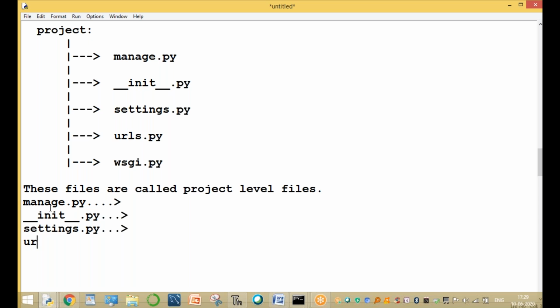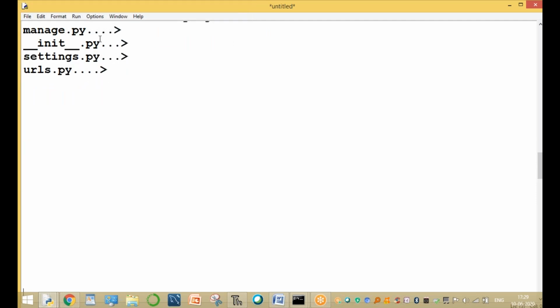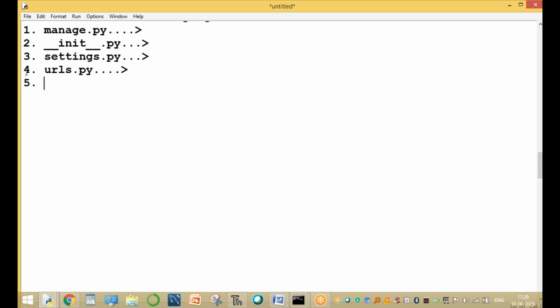What is the wsgi.py file? Number one is the manage.py file. Number two is the init.py file. Three is the settings.py file. Fourth is the urls.py file. And the fifth one is the wsgi.py file. Now, what are these files?